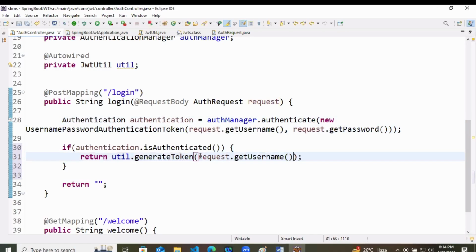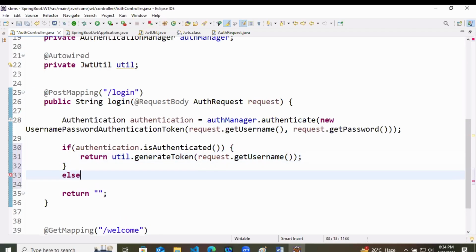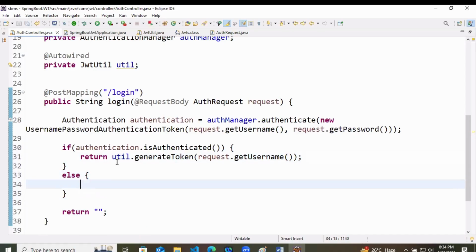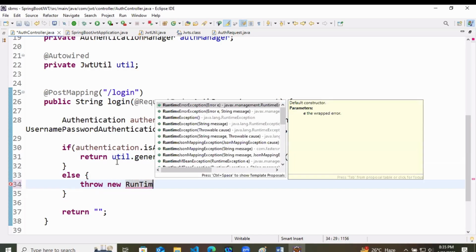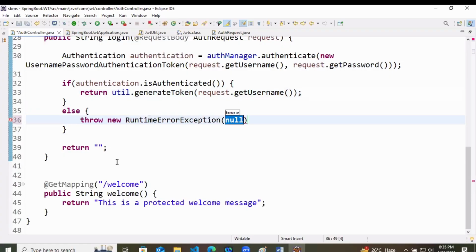So here we'll type request dot get username. But if the user is not authenticated, then we will throw a new runtime exception. You can throw a runtime exception